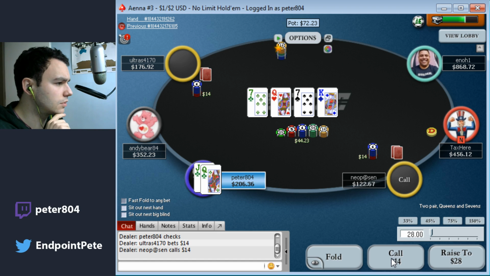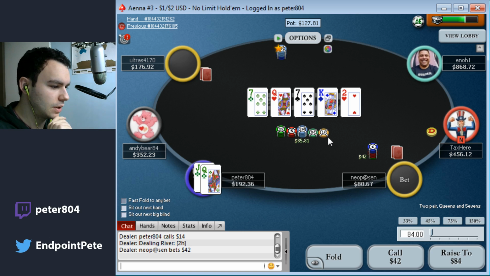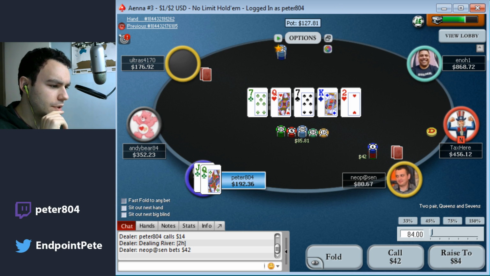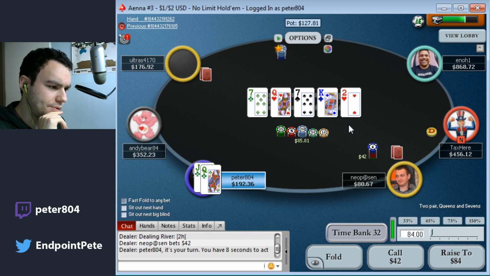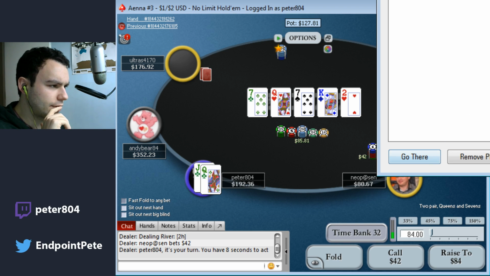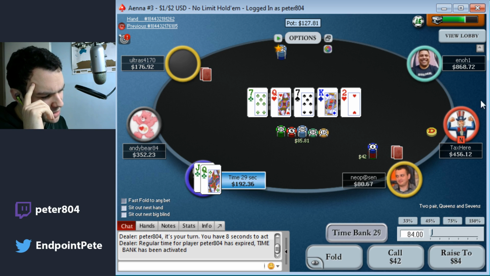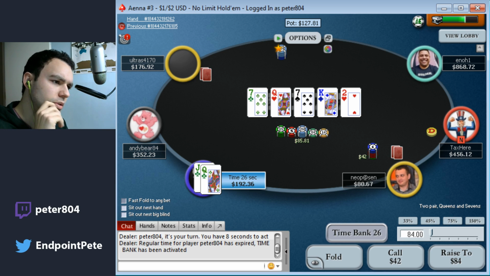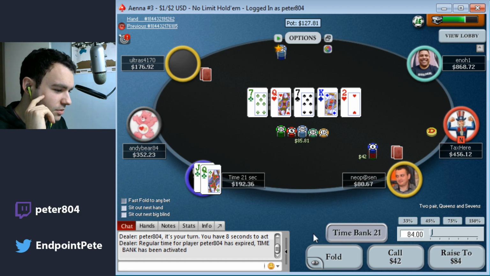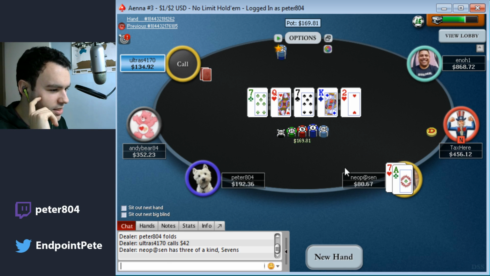Definitely a check call. Weird donk from this guy as well. Not totally sure what this means. Don't really beat much. At the same time, I don't really expect him to have that many 7x either, so it's kind of weird, but just have like King Jack, maybe. I think we're going to fold, mainly because this guy is behind. We could definitely be chopping as well. Ace 7, okay. It's a good fold, but